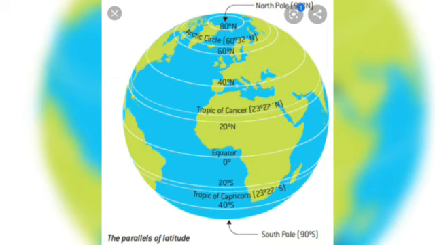Then we have the Arctic Circle at 66.5 degree north. Here the rays of the sun are very, very slanting because of the inclined axis of the earth, so it receives very little sun rays. So it is winter for most of the year in this place. Then at 66.5 degrees south, we have the Antarctic Circle. Again, the rays of the sun fall extremely slanting over here, making the place very cold. The end limit of both of the poles is 90 degrees south and 90 degrees north.